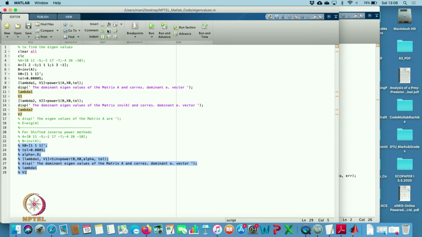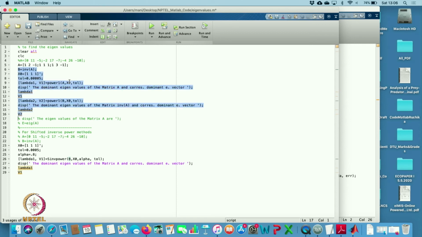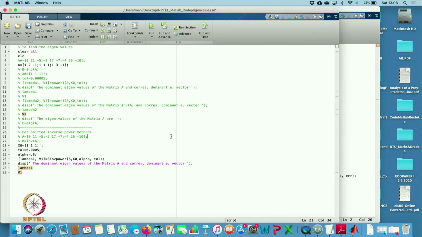I want to find that one using the shifted inverse power method. So, this is the matrix A and the eigenvalue I am getting, and all this I will comment. Now, I have this matrix, x naught is there, tolerance is this, and alpha I want to find close to 2. So, in this case I can take it as 1.8. Let us see what will happen, and also with the negative sign, minus 1.8. Let us see what will happen in this case.